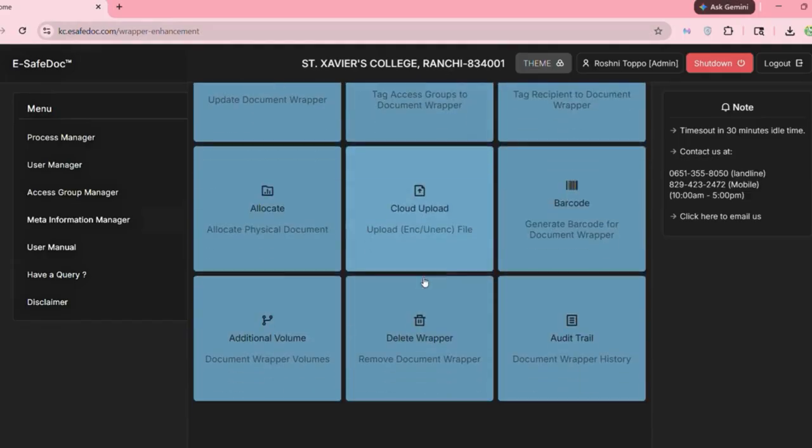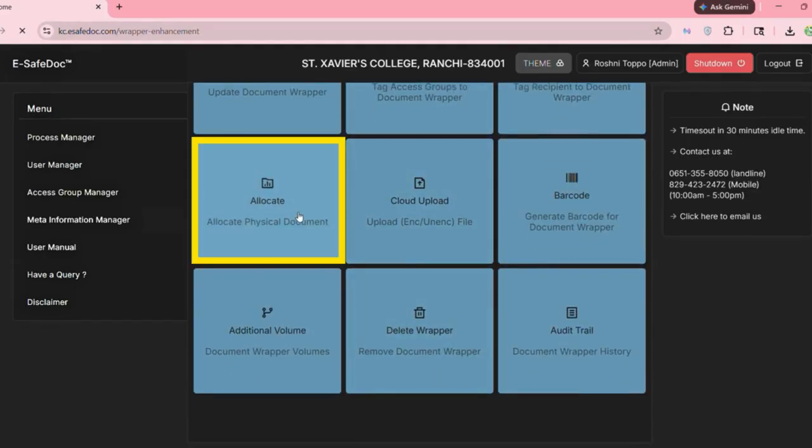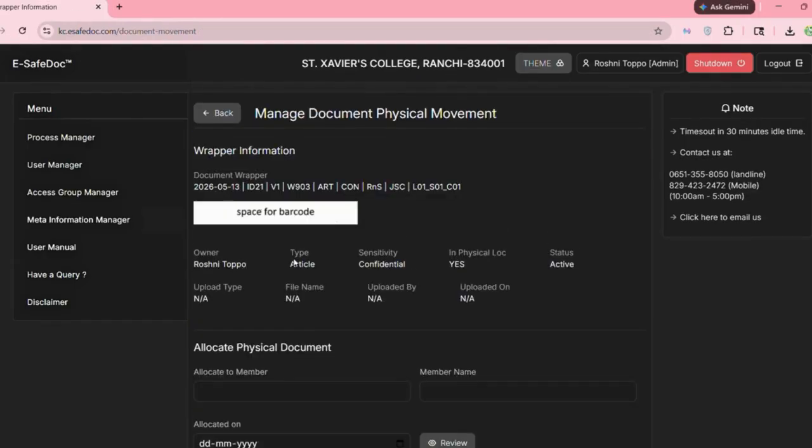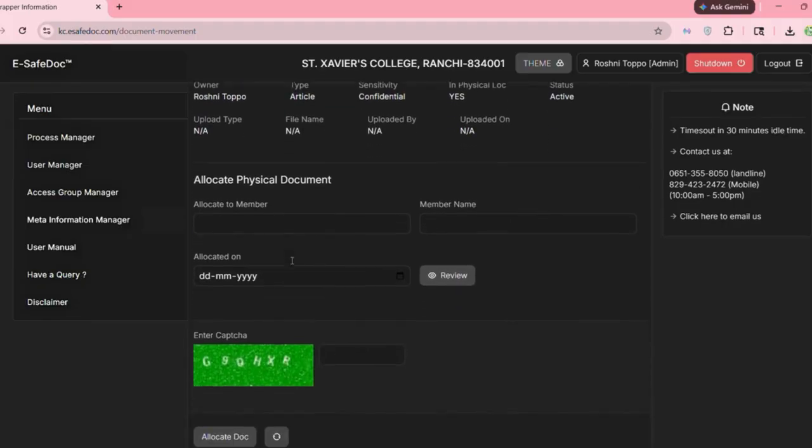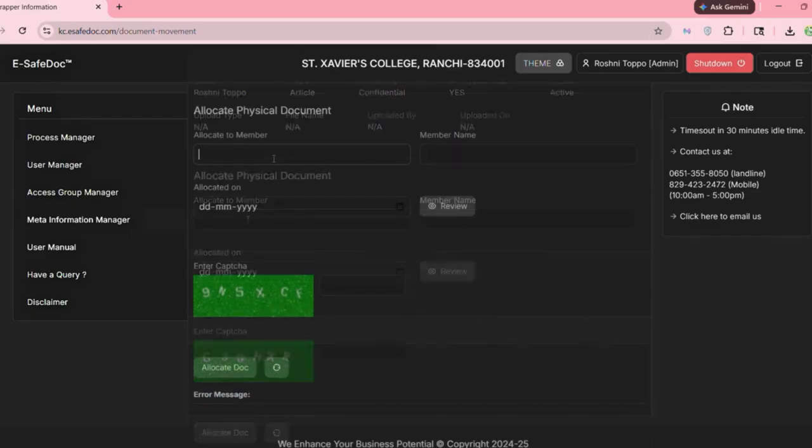eSafeDoc bridges the gap between digital and physical. To track the movement of a paper document, we use our Live Allocate feature. It's incredibly simple. Just input the team member's ID and the date.